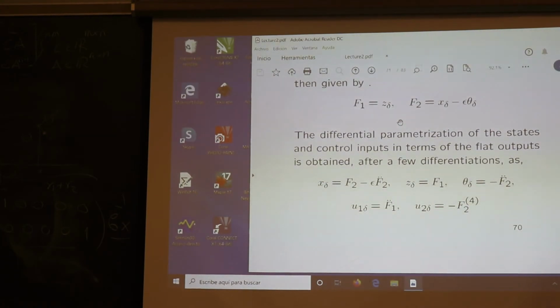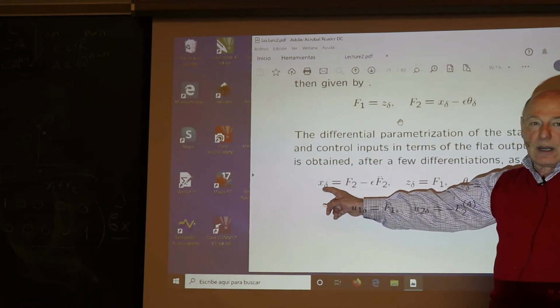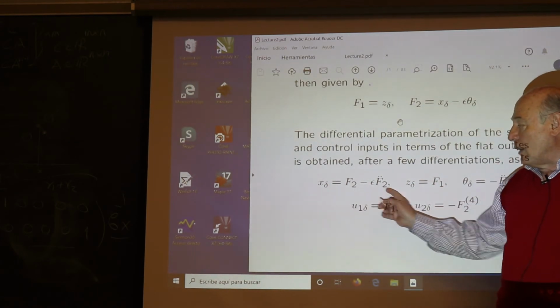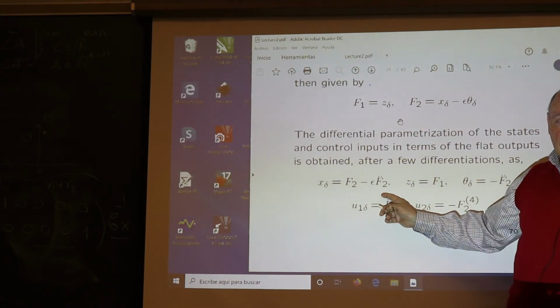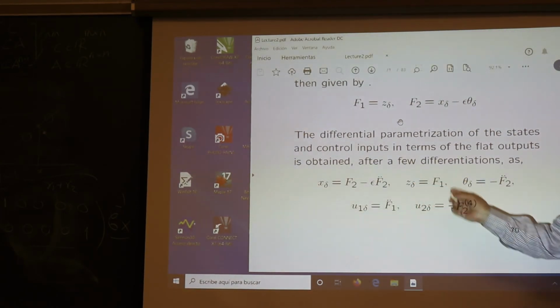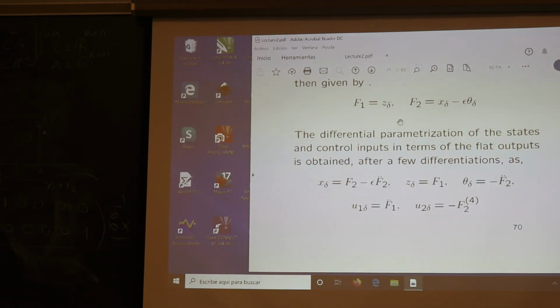How do you know it's non-minimum phase? Well, when you try to drive x to a constant value or to 0, because this is an incremental value, you have an unstable differential equation here. So that's a non-minimum phase output if you were trying to regulate x by itself. And C wouldn't have any dynamics, because C is already a flat output. But you can find many things from this parameterization. You see the relations of the angle with those gains are very important, because they tell you a change of sign that needs to be done, and it's not